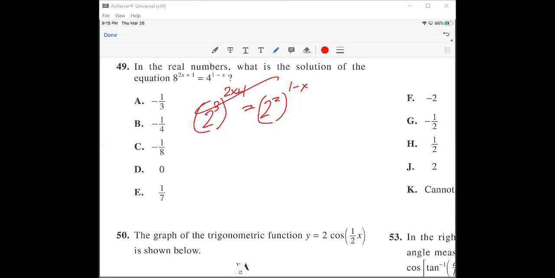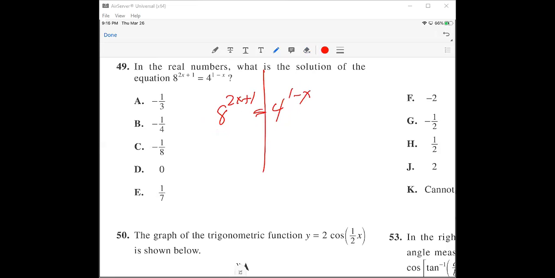Now, I never have my students do this, never. What I prefer that they do is, I'm going to rewrite this: 8 to the 2x plus 1 equals 4 to the 1 minus x. I put a line down the middle through the equal sign, basically. This side I'm going to put into my graphing calculator as y1, this side as y2, and then I'm going to find the intersection, which is what the equal sign means. All right, so now I'm going to show you that that's a much easier solution to this. So let me share my